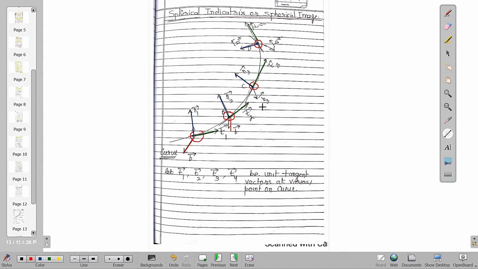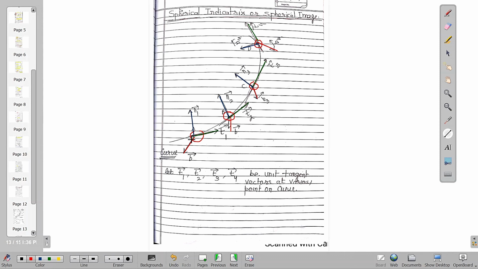So here it is a b3, here it is a b3, here it is a b4. Yeah. So we get a curve. On that curve, we have a point. At every point, it has a unit tangent, a unit normal, and a binormal. Clear? So these are the unit vectors. First concentrate on only the unit vectors.